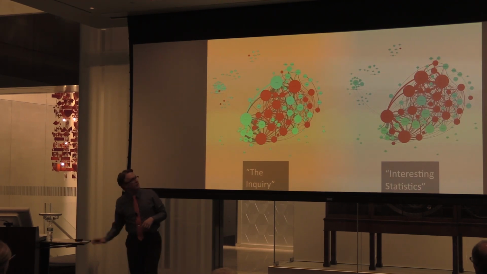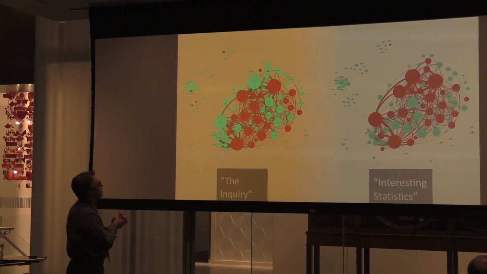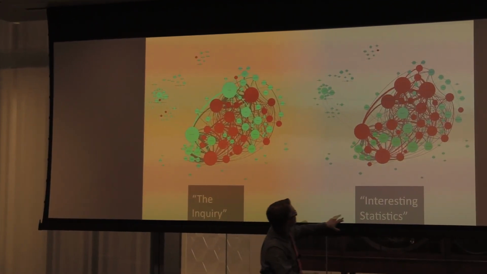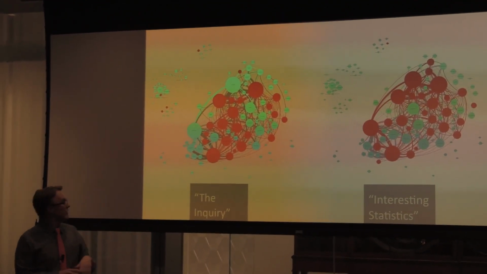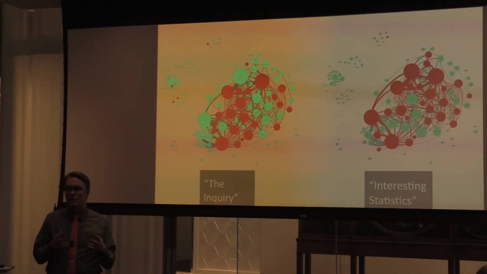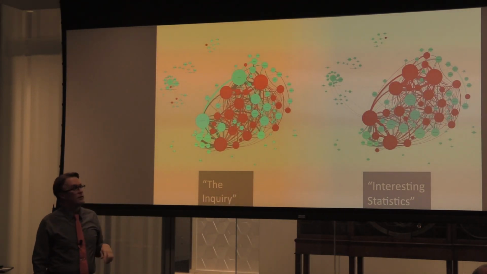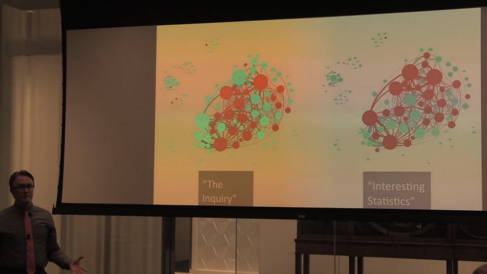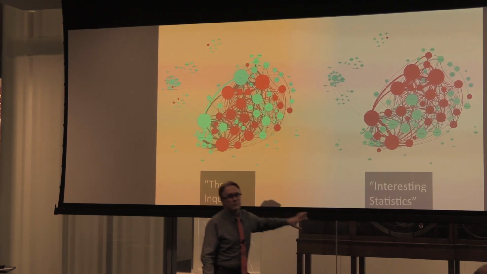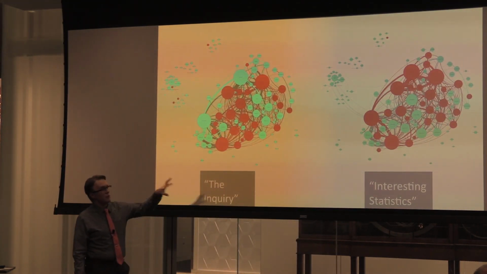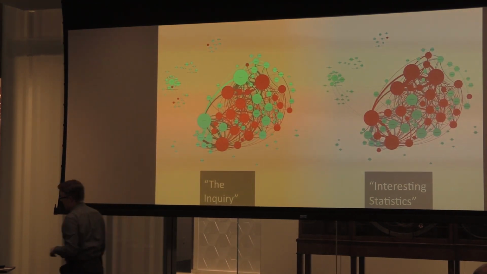And so one thing that I've done, this is the network before the Civil War. If we look at this, we'll see that they're very similar, but actually Interesting Statistics gets reprinted in more of the highly central nodes than does The Inquiry. So one theory we might raise is that, because of that, we're going to ultimately see more reprintings of this than we will of that. And if we look at our data from the full 19th century, that's exactly what we find. Ultimately, this gets reprinted about twice as many times as this does. So there's a kind of network effect that's discernible. This is something I've only begun to experiment with and think about how we can do this kind of comparison.